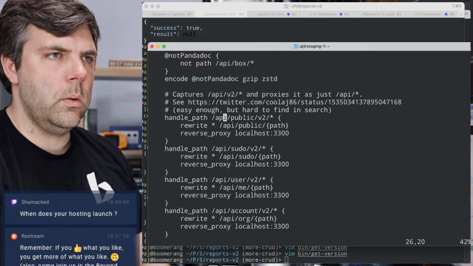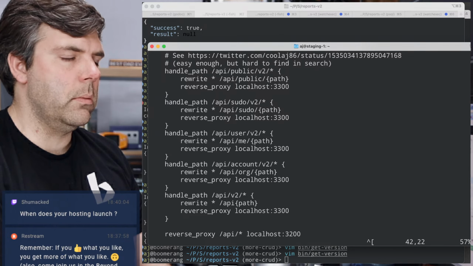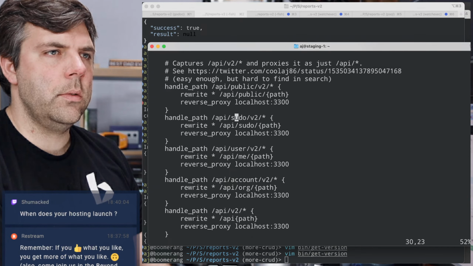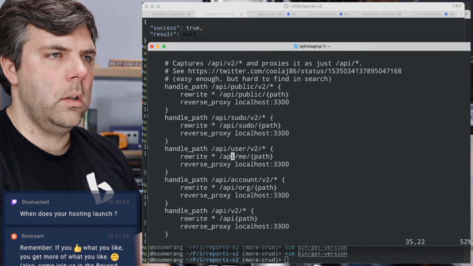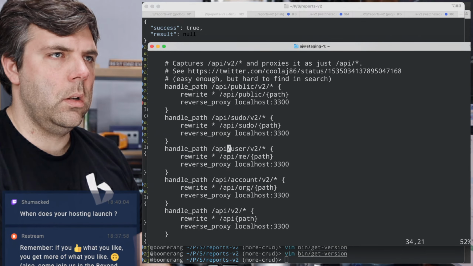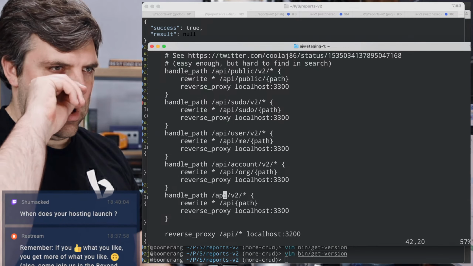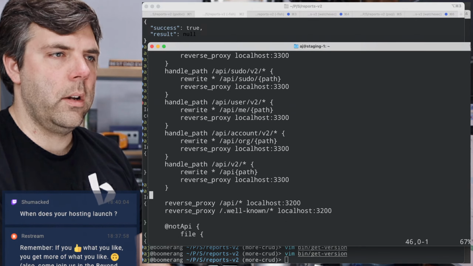I thought I was doing API public v2, but I was doing /v2/public. That was not what I was doing. Okay, so public path, sudo path, user v2 goes to me, account v2 goes to org, and then whatever else goes there, however it gets there.